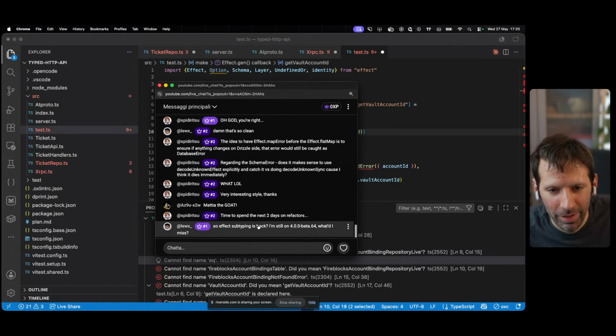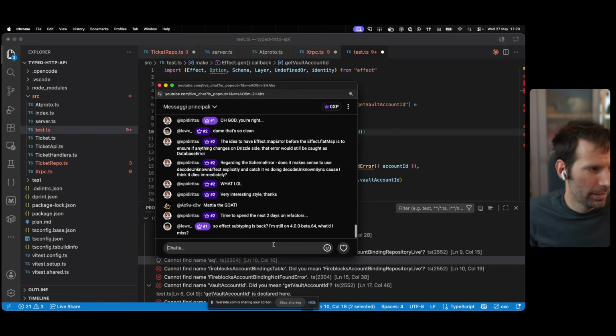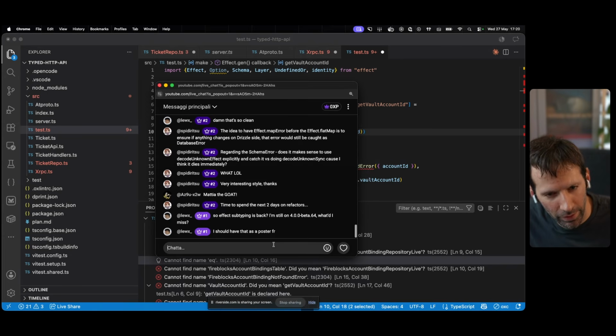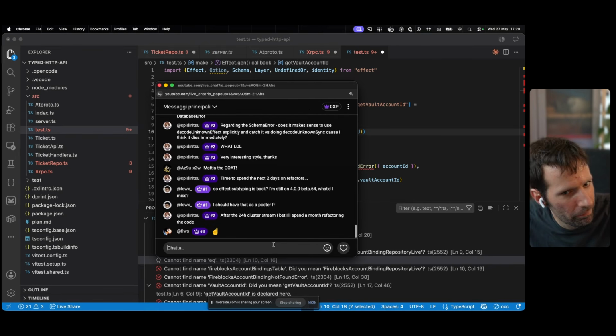So effect subtyping is back. Yeah, effect subtyping is back. I think we already discussed that in a recent stream, if I recall correctly. But basically, we removed yieldability and we had the subtyping back, but this time the subtyping is